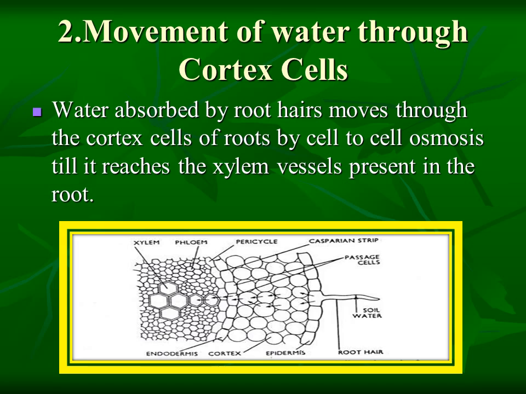Now, why are we using the term osmosis and not diffusion? Because we all know that a plant cell contains a cell membrane, which acts as a semi-permeable membrane, and thus the term osmosis. Also, osmosis prevents the backflow of the water. Okay.